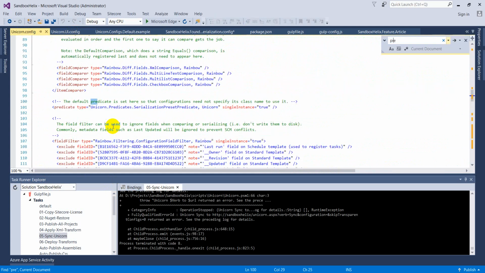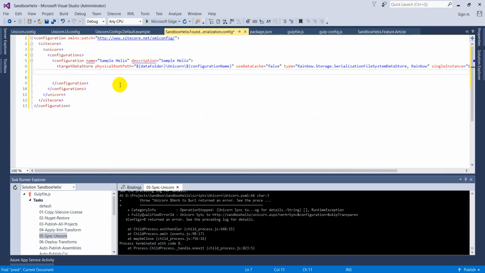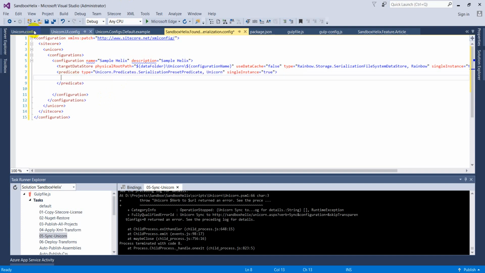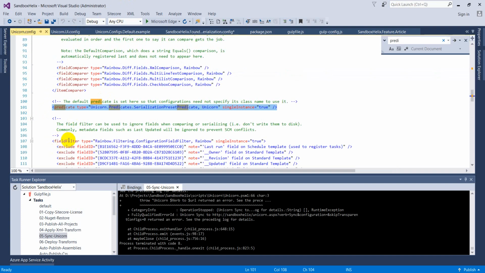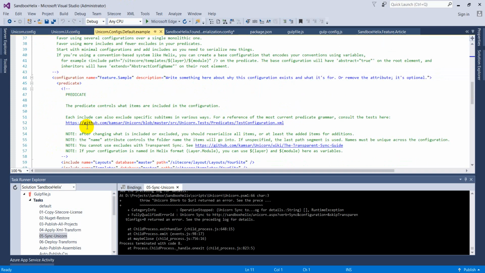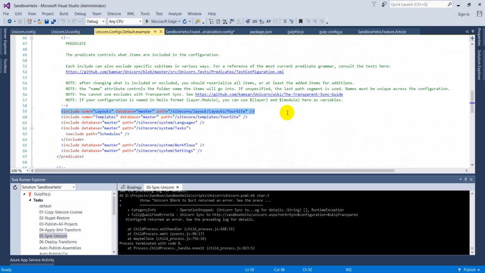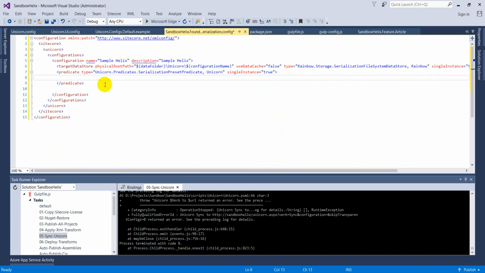So I'm not going to detail what this predicate is all about. Now I can just copy one simple predicate from my example. Just one simple predicate here. Okay, and then helix templates. Anything I can give it, sample templates, and then let's say